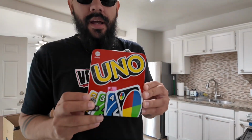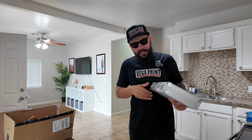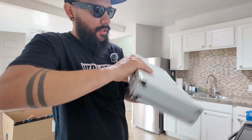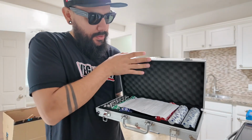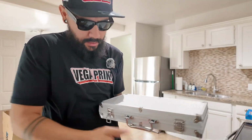This isn't necessarily a maintenance thing, but it's something that I wanted to do for a while for my guests. And I got some tabletop board games. We got Uno. I also went and jumped the gun and got this entire set just in case they want to get a little dangerous and play some poker. We have a whole set of poker chips,